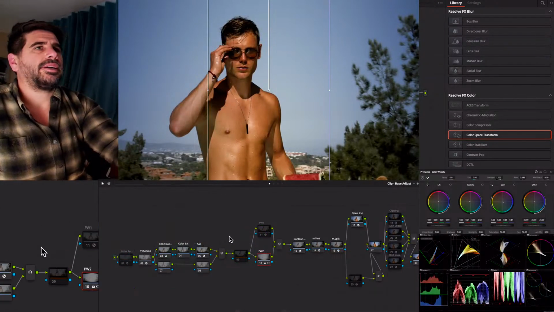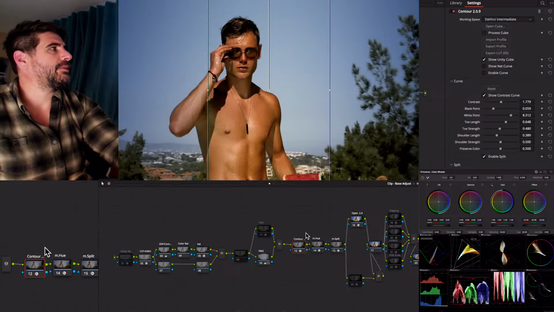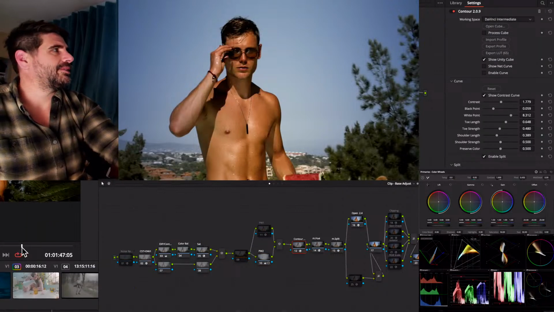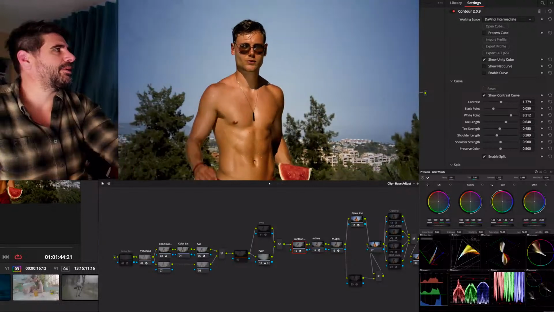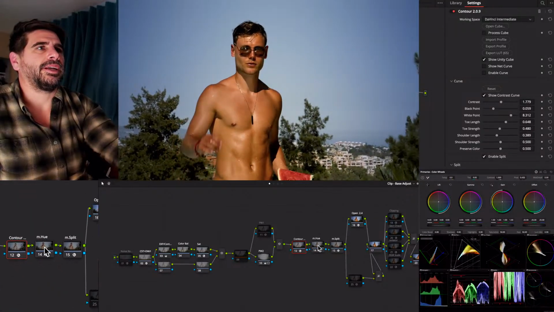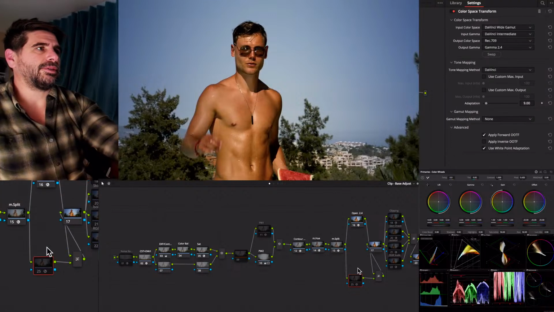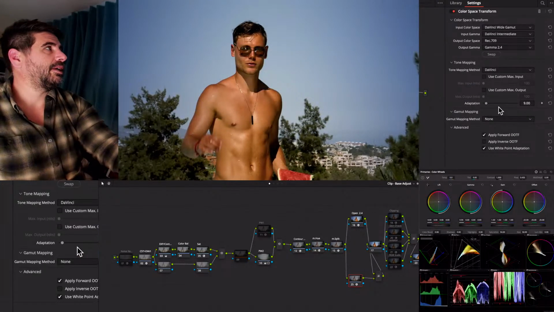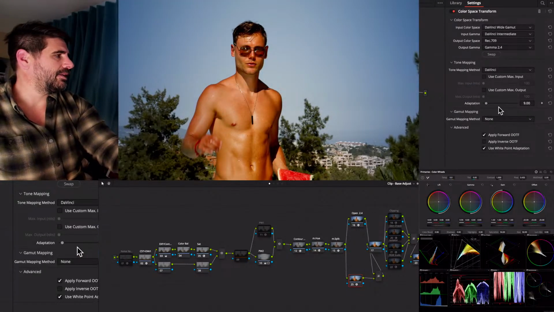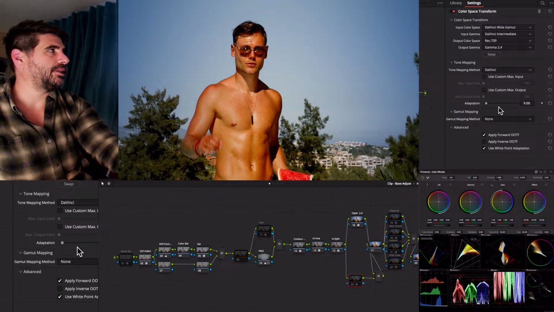And there we go. There is our nice, sexy, sweaty man walking with his watermelon. A little burnt there, a little crispy. That's okay, I might tweak that. But here is the big thing that you can see. If we just switch this to DaVinci, that does not look good. That is the same look, same adjustments that we did for OpenDRT. Personally, I think this looks... OpenDRT is here, and then this is